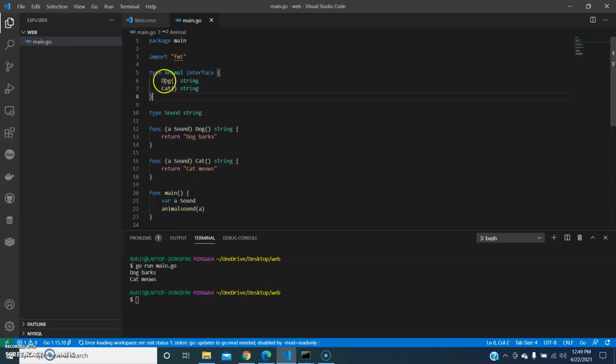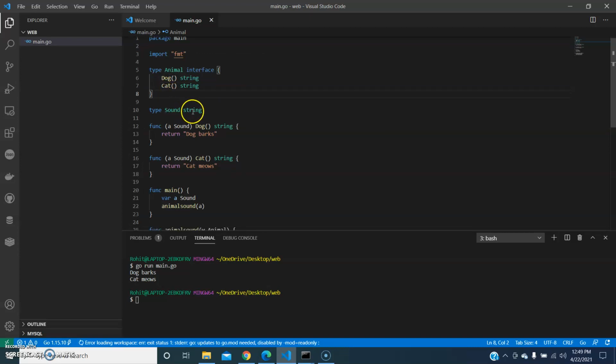So with a very basic thing, what I did here is I created an interface, two main things in that, dog and cat or whatever you want, and I gave a type called sound. Now here I can even do it as a struct. I can do struct and I can have it like this: